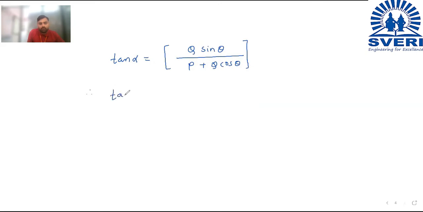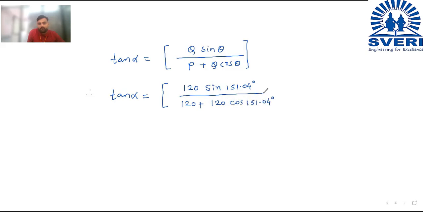So therefore tan of alpha is equal to, in the bracket, q sine theta. The value of q is 120 into sine of theta. Theta is 151.04 degree, divided by p is again 120 plus q is again 120 cos of 151.04 degree. So if you solve this, you will get the answer. So therefore, tan alpha is equal to